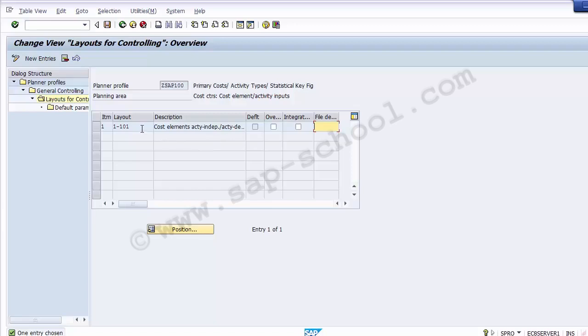you can see a number of options over here: layout, description. What we need to do over here, one is default, another is overview, next is integrated Excel, and the next part is file description. So you need to select from these options. You have the option of creating your own layout. Now what we can do in this part is select this overview,